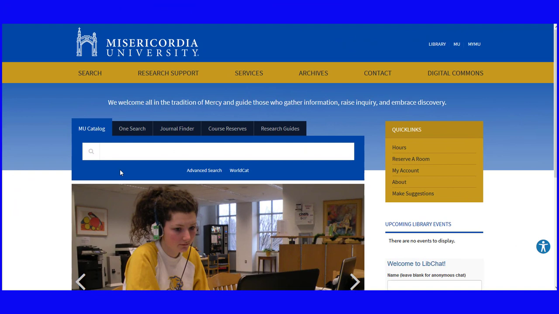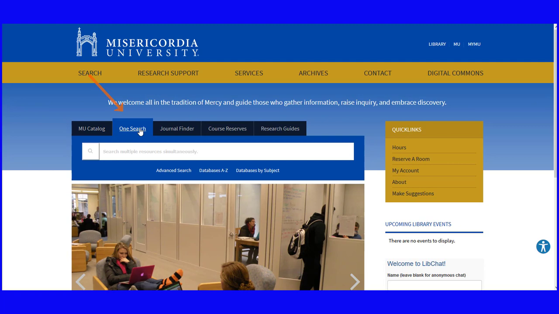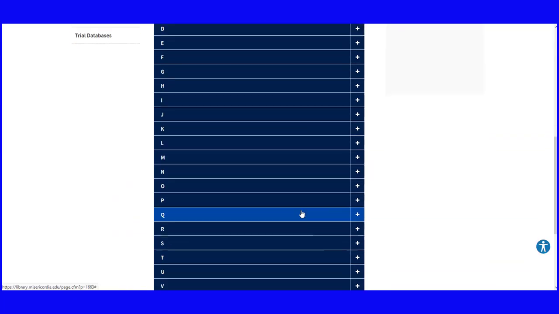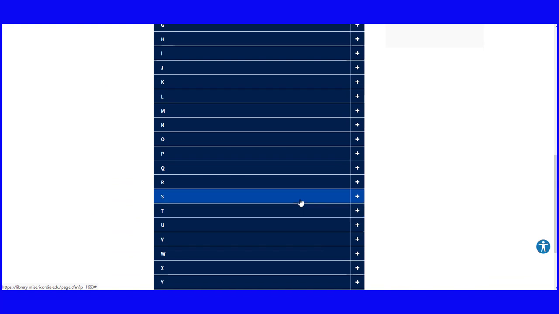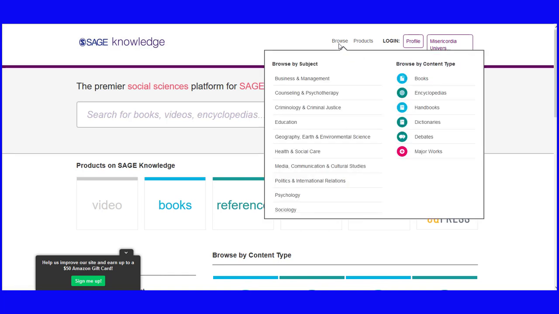The SAGE knowledge base is an excellent reference source. Click on OneSearch, go to Databases A through Z, and access SAGE Knowledge. This database has both monographs and reference books, those encyclopedias, dictionaries I spoke of. One way to search it is to browse. In the upper menu, select Browse, and then browse by a subject. You won't find a subject for social work here. Click on Health and Social Care